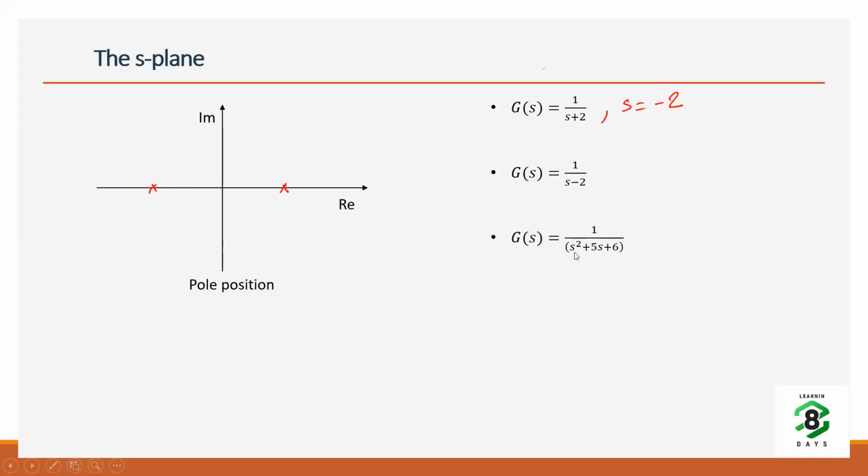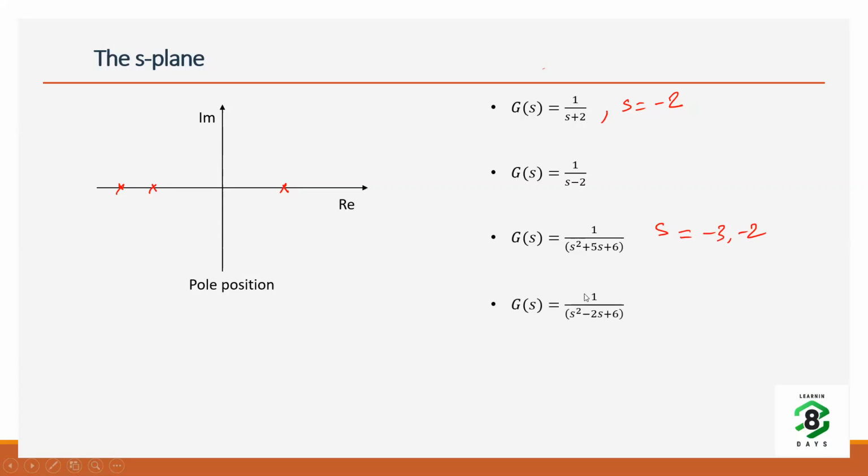Okay. You have one more system which is a second order system. So it has two poles. One is at -3. So this is nothing but S equal to -3 and -2, because this is S plus 2 into S plus 3. So they have two poles over here. One is already over here, and another is this thing. Both of them are on the negative side. So the system is stable.